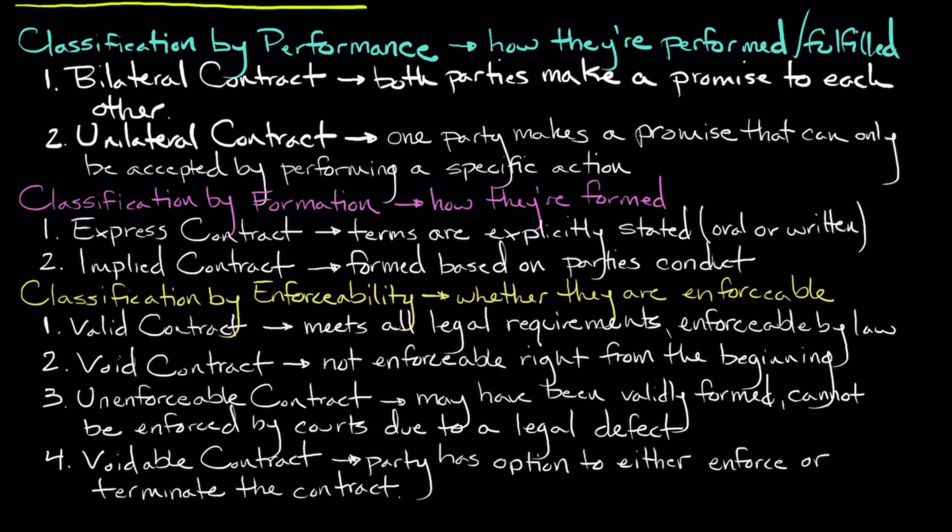In conclusion, understanding the classifications of contracts is pivotal for navigating legal obligations. Bilateral and unilateral contracts differ in terms of the promises made, while express and implied contracts vary in how the terms are established. And valid, void, unenforceable, and voidable contracts determine the enforceability and legality of agreements. Now, by grasping these concepts, we can approach contracts with greater clarity and help us make more informed decisions